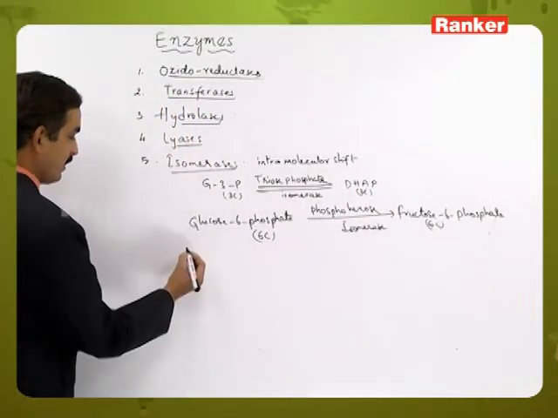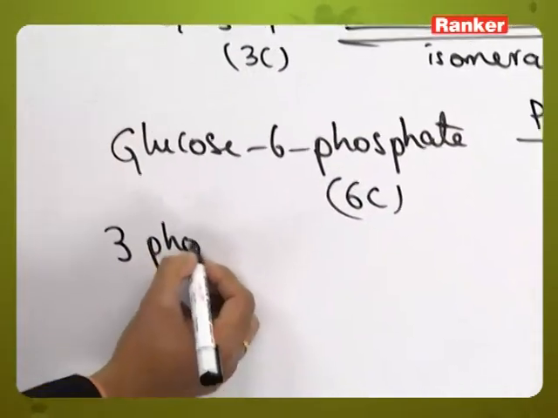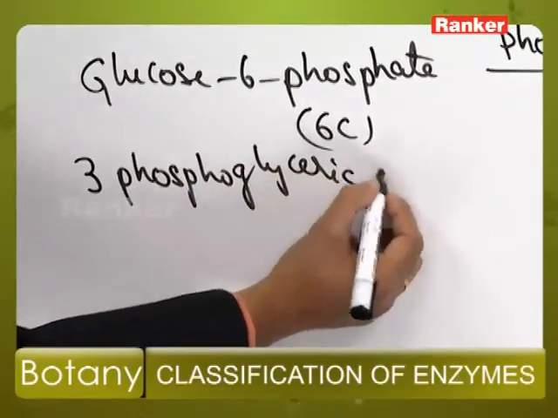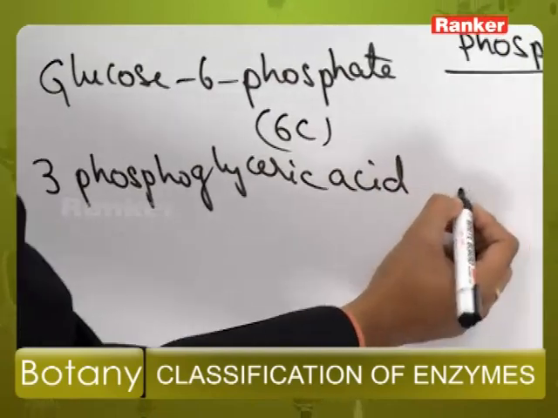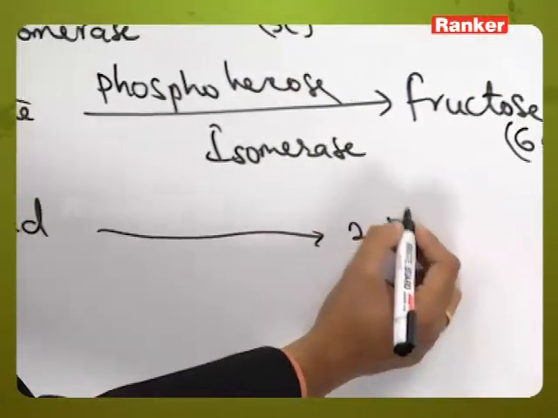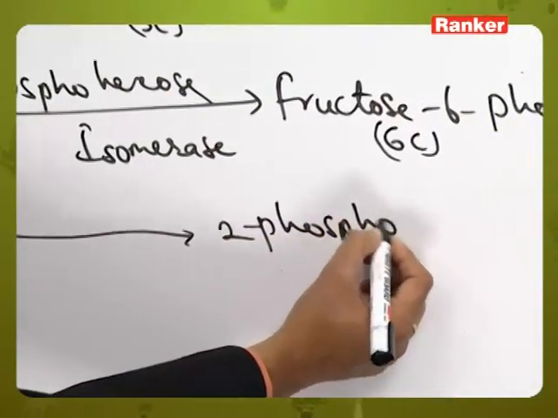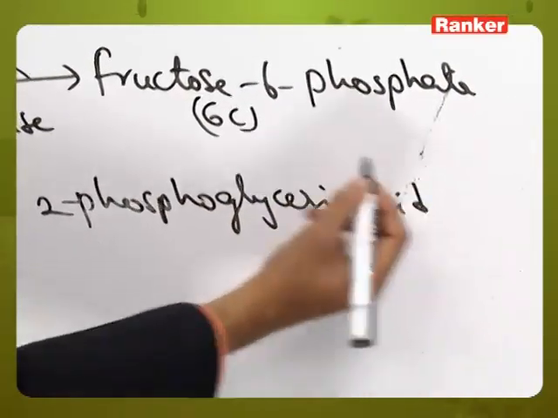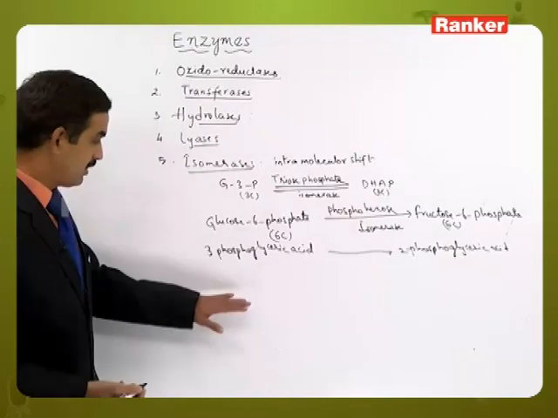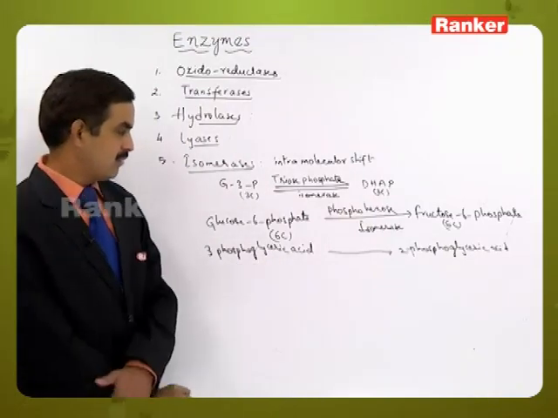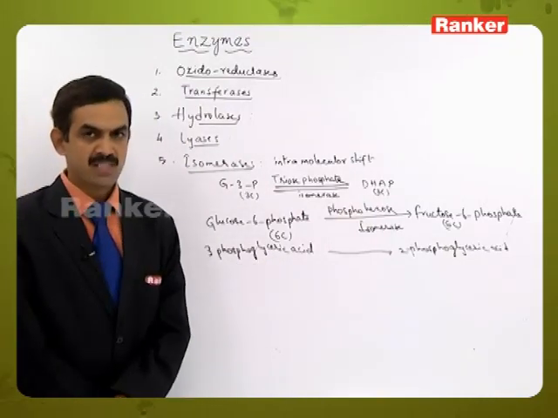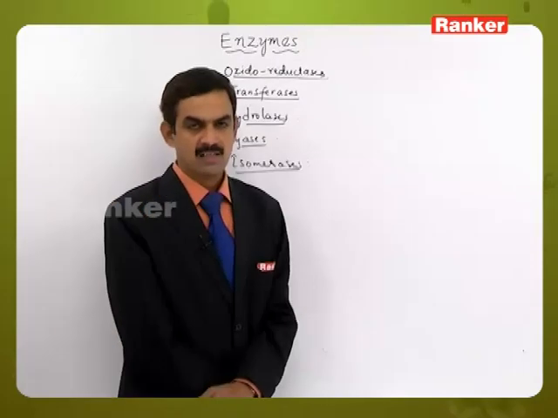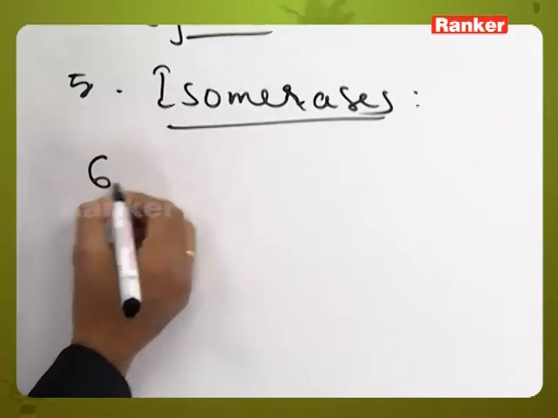In the same way, 3-phosphoglyceric acid is converted into 2-phosphoglyceric acid. So likewise here, all these are the molecules in which one isomer form is converted to the other isomer form because of intramolecular shift. The 6th major class is the